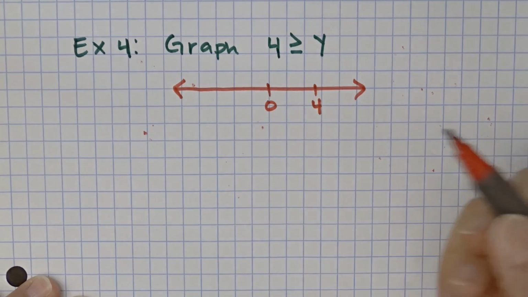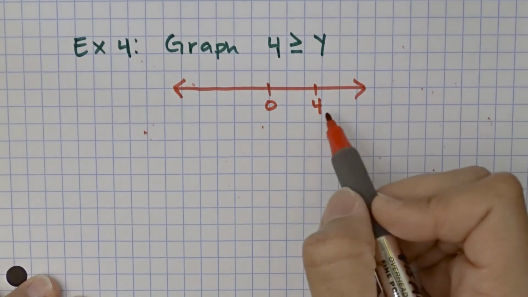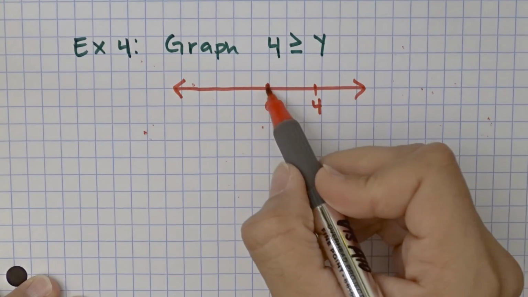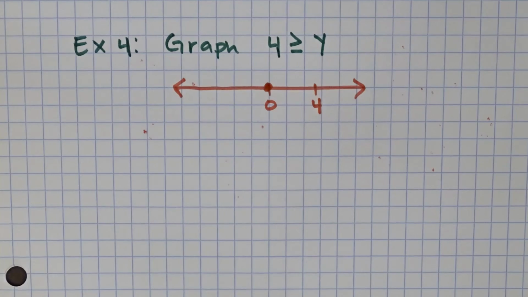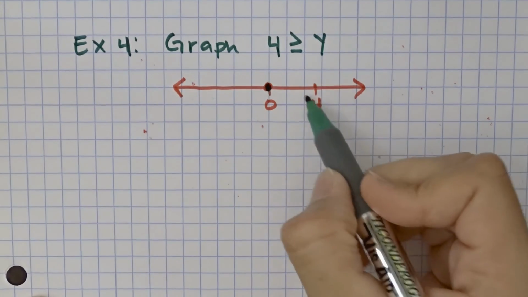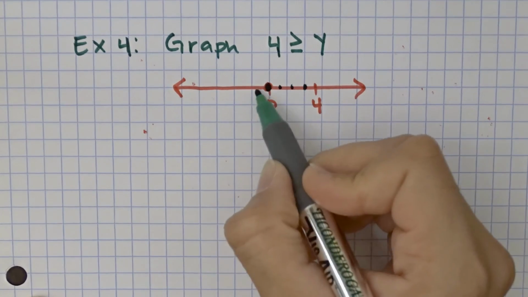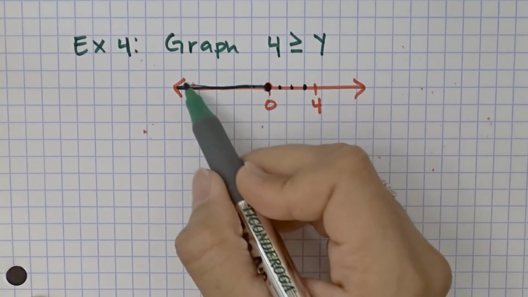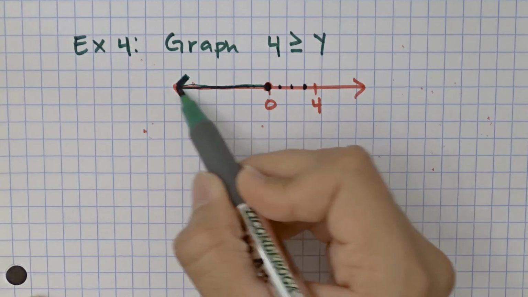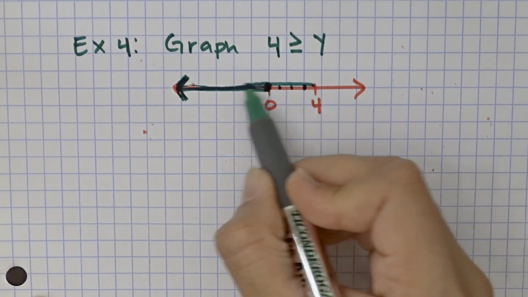And I'm going to say 4 is greater than 0. 4 is greater than 0, so I can use this one. Oops. You could have said 4 is greater than 1. I'm sorry, 4 is greater than 1, greater than 2, greater than 3, greater than all these negative numbers. So any number over here in this whole region